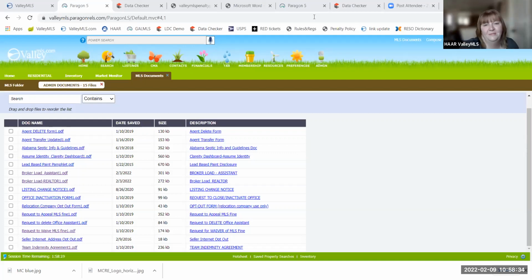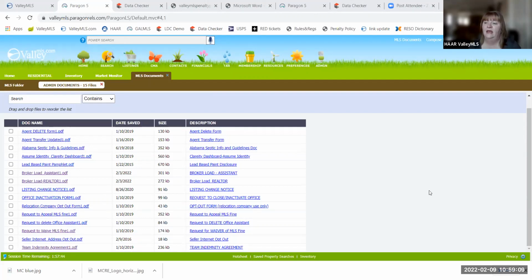All right, so my other topics are not specifically related to compliance, but again, if there are compliance issues that come up in these topics, we're going to touch on those. One is the data share. I don't know how familiar you all are with this. We did talk about that listing a minute ago, where the listing was coming from Greater Alabama MLS from Birmingham. We do have an FAQ sheet available if you have questions about that. The big thing to note is these are residential listings only. We're not sharing land or commercial or rentals. It is only residential listings.